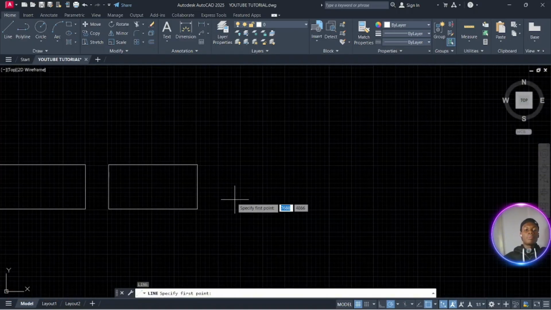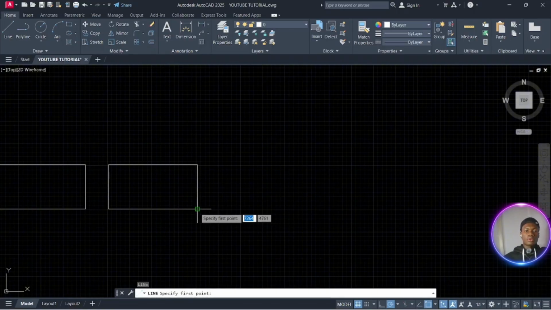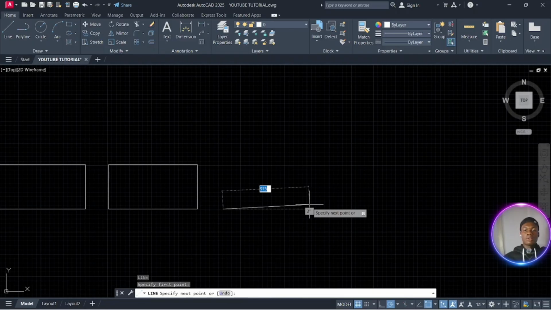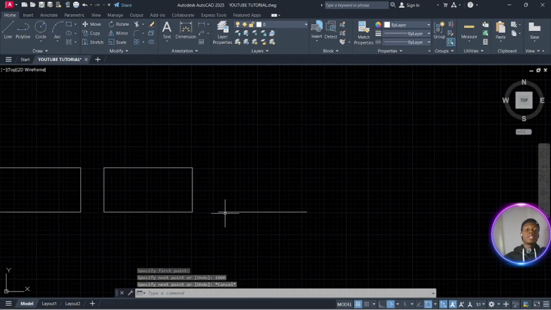Now I'm going to draw my baseline. Let me draw my baseline first. Okay, this is my baseline. Let me escape. Let me delete this. Let me use exactly 1000 also. Okay, so let me use this as 1000. Okay, enter. So for this, we are going to be drawing a parallelogram since we are drawing a line